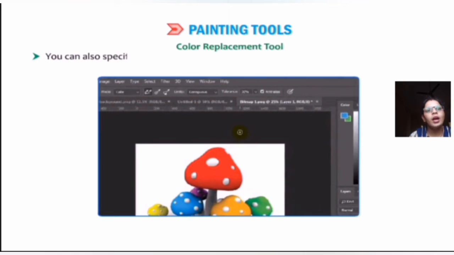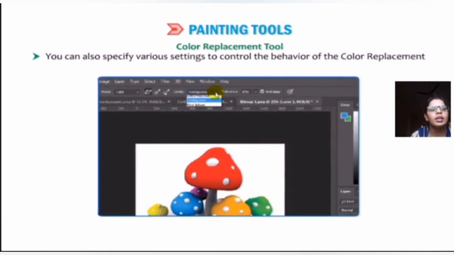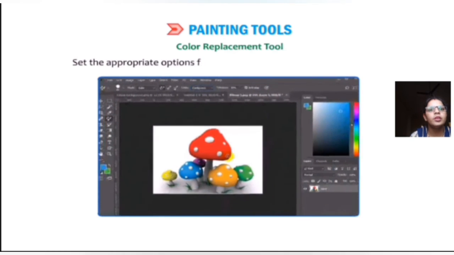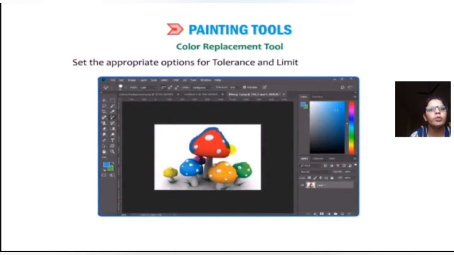You can also specify various settings to control the behavior of the color replacement tool in the option bar. Select the appropriate option for tolerance and limits in the option bar. You set the tolerance.